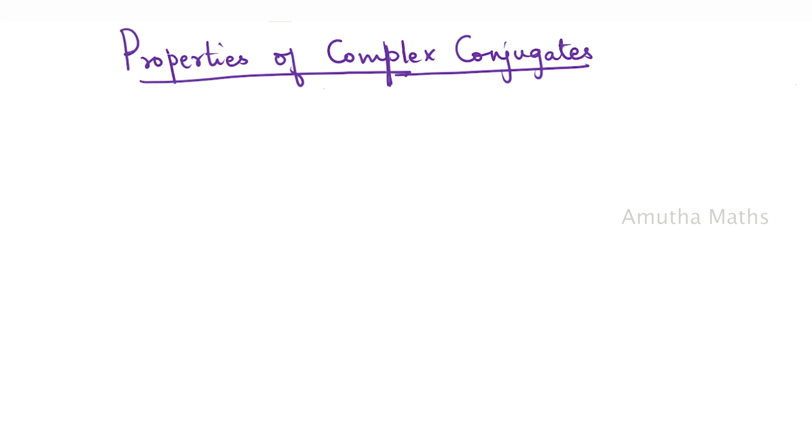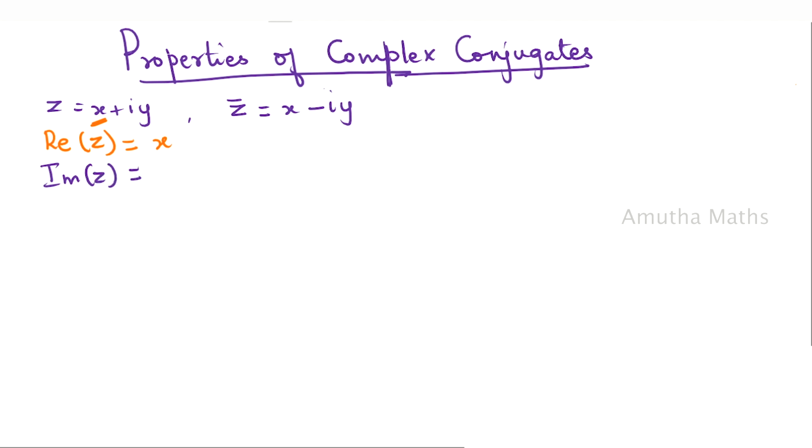Now let z is equal to x plus iy. Then what will be z bar? Z bar will be x minus iy. Okay. Then what is real part of z? Real part of z is x. What is imaginary part of z? Here imaginary part is y. Right. Now first property is